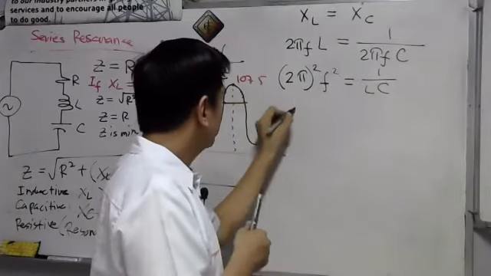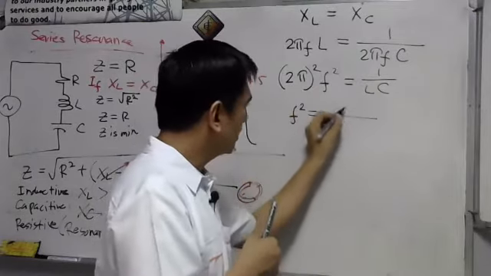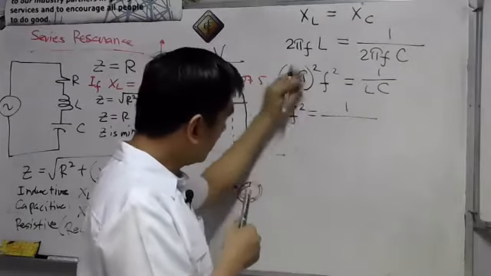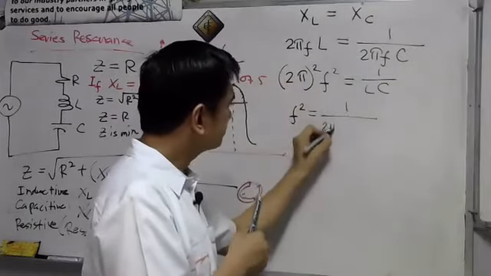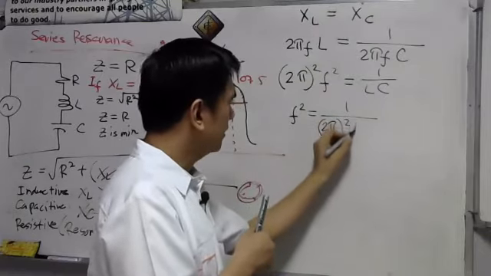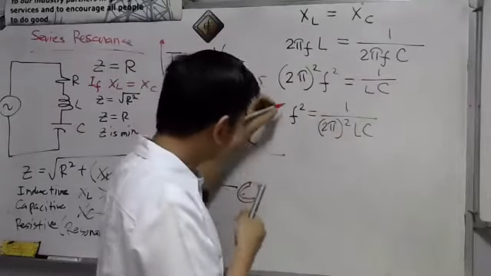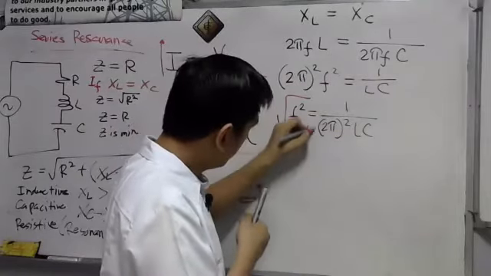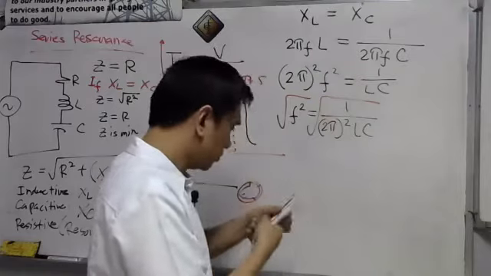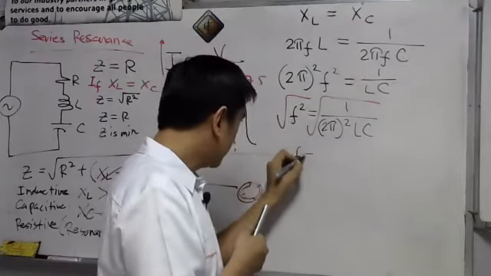Then we have here our f squared that is equal to 1 over, ibaba lang natin yung 2 pi, then squared. Tapos we have here our LC. So let us take the square root of both sides, by algebra. So we have our frequency f is equal to